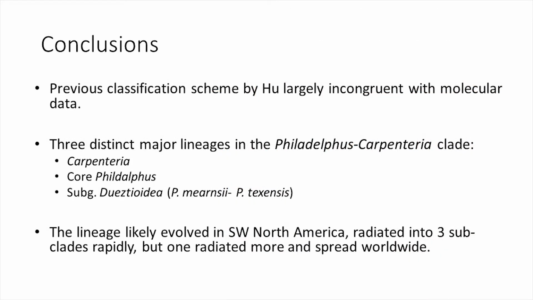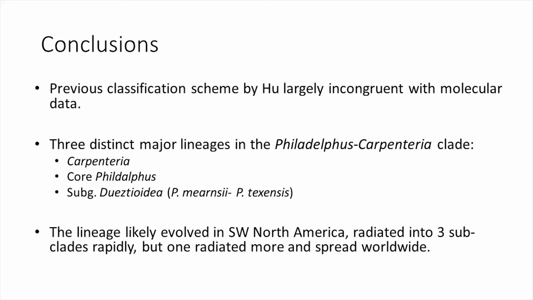So I will conclude. Basically, we revised and completely dismantled the previous classifications of Philadelphus that were based on just plant trait evidence that you see by visual inspection. We advocate that there should be a new way of classifying Philadelphus where the genus Carpentaria is no longer a genus, and becomes part of Philadelphus. And then you have this one unique lineage of Philadelphus that is just those 2 Western species. And then there's everything else that we call core Philadelphus.